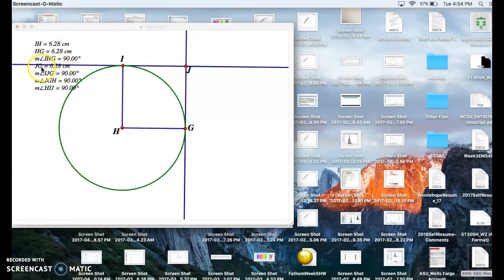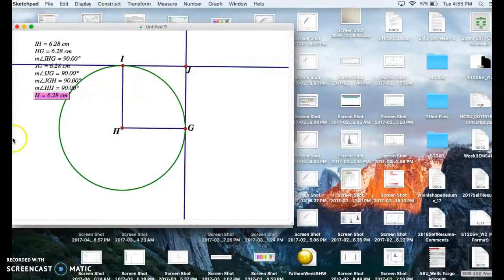Actually, I'm missing one side length, JG, HG, IH, oh, I'm missing IJ. So let's find what IJ is. IJ, measure distance. Wonderful, 6.28 just as the rest. Now, we're looking for the centroid of this figure, so how are we going to do that? Well, without loss of generality, we know that in the triangles, we worked with finding midpoints of the three side lengths. So let's go ahead and divide this square into two